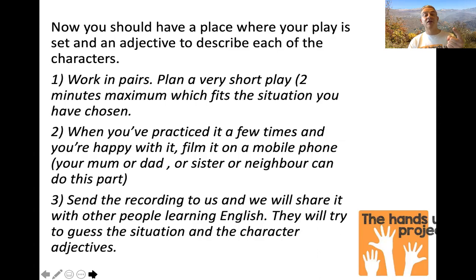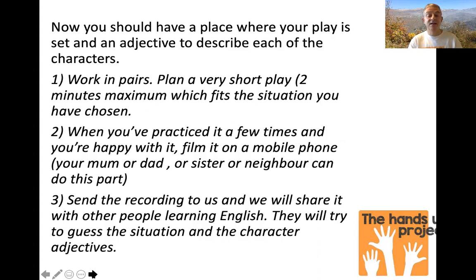And each of the characters, you've got 2 characters and they've both got an adjective to describe them. So the 2 characters in your play need to behave in this way. Once you've planned it, practice it a few times, and when you're happy with it, film it on a mobile phone. You might be able to get your mum or your dad or your sister or your neighbor or someone to film it for you, and then send the recording to us,